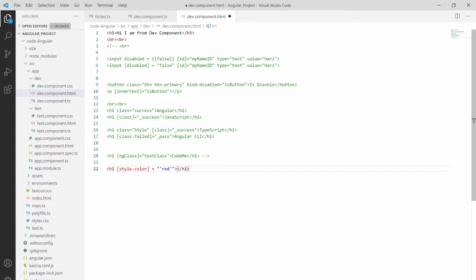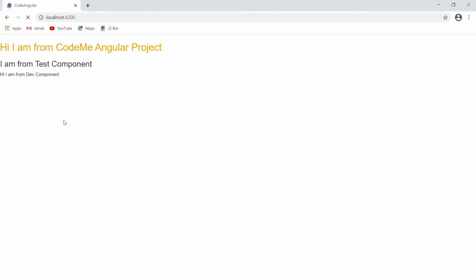Also we have to close the h1 tag. I am printing here Hari, and then style binding example 1. Let me save this and move towards the project.